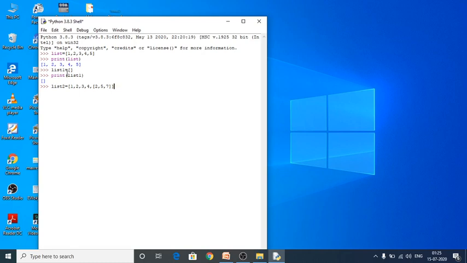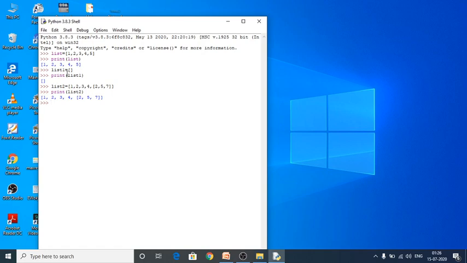So list 2 contains another list inside it, which means 2, 5, 7, and this is another list contained within the list 2. See, there is no error. Again going to print this one, list 2. So see here, what I have stored within the list 2 is printed on my screen. This is what known as nested list.